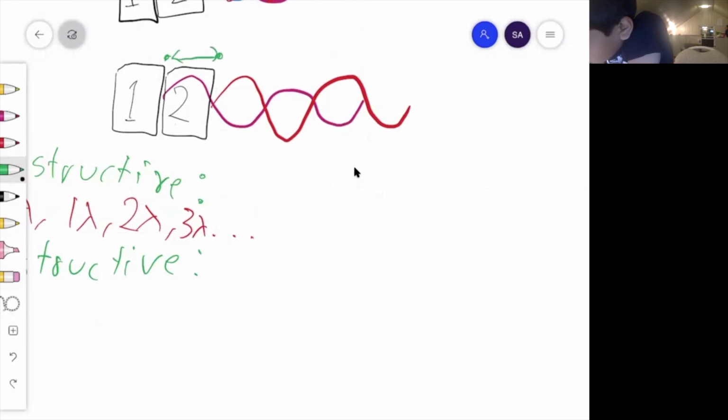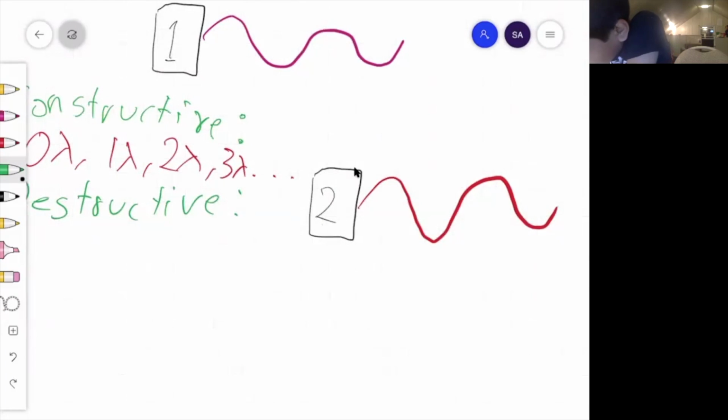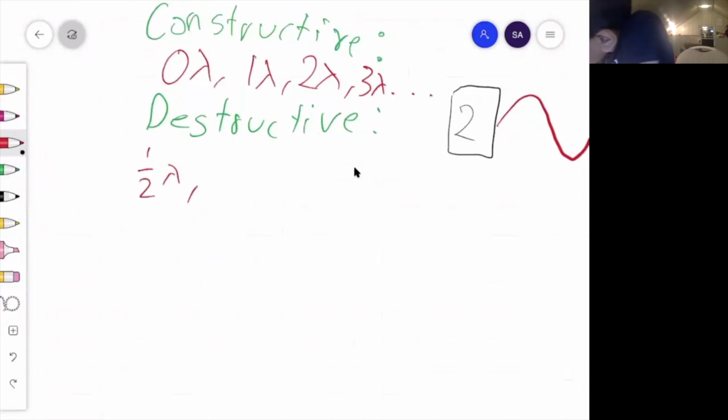Now, if you erase this box, you can actually see that it's just about half a wavelength, meaning that it takes half a wavelength for the first destructive part.